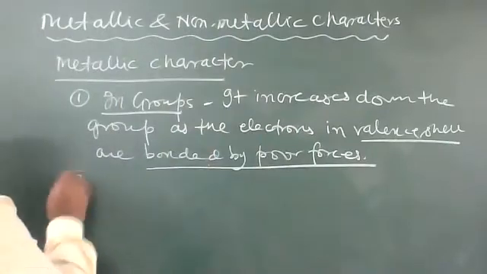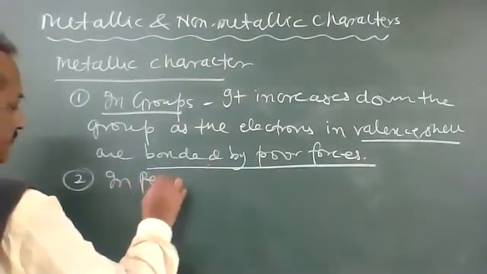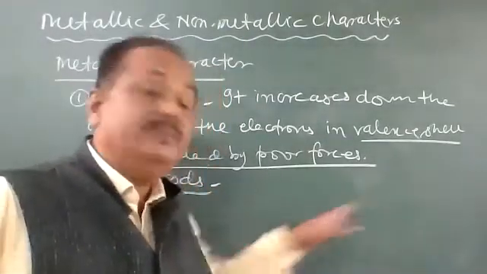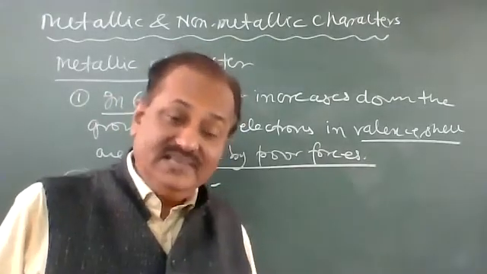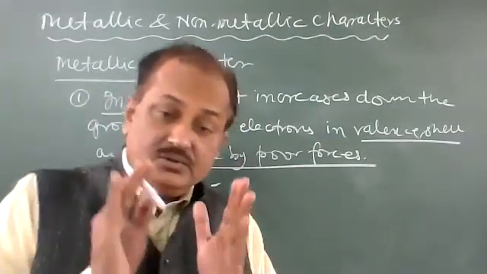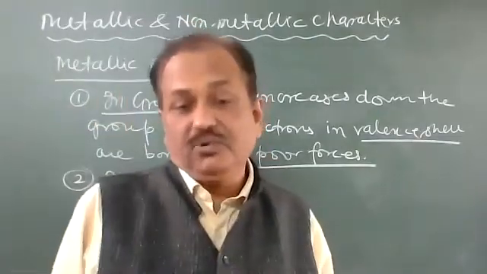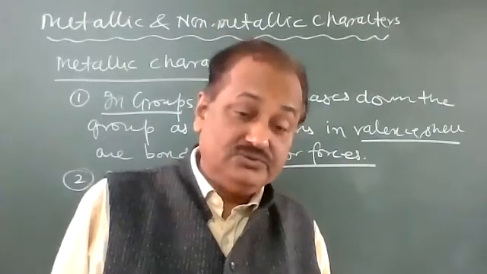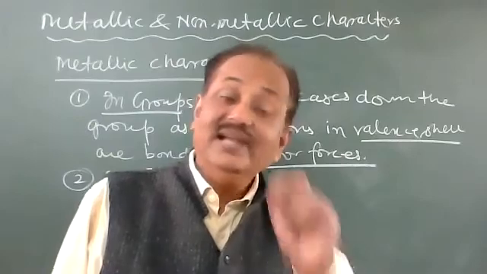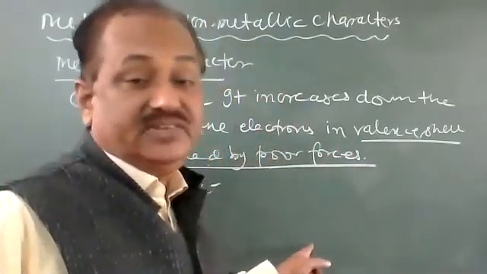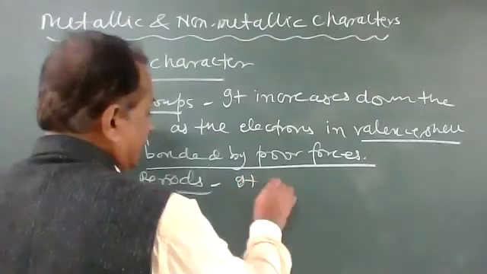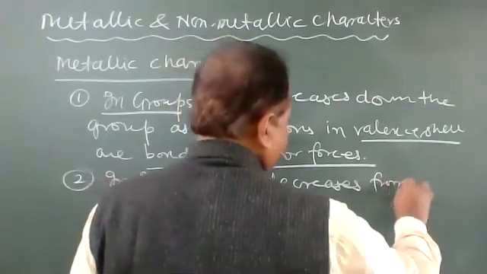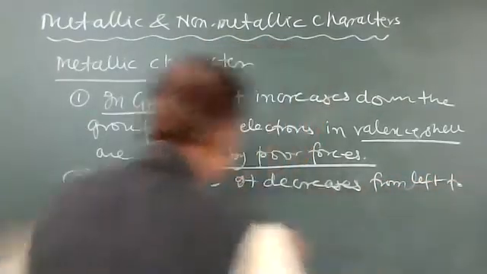Now, second, in periods. So what happens in periods? In a period, when you move from left to right, atomic size decreases. So electrons are strongly bonded, and metals exhibit reactivity by the loss of electrons. Non-metals exhibit reactivity by the gain of electrons. So it will be just the opposite in a period. So it decreases from left to right